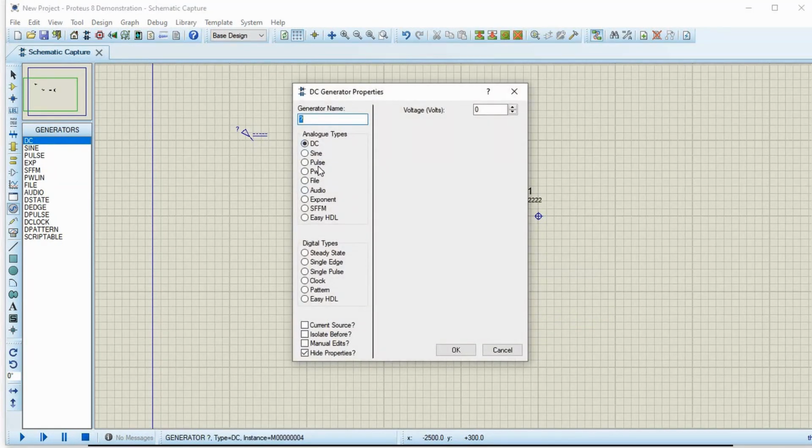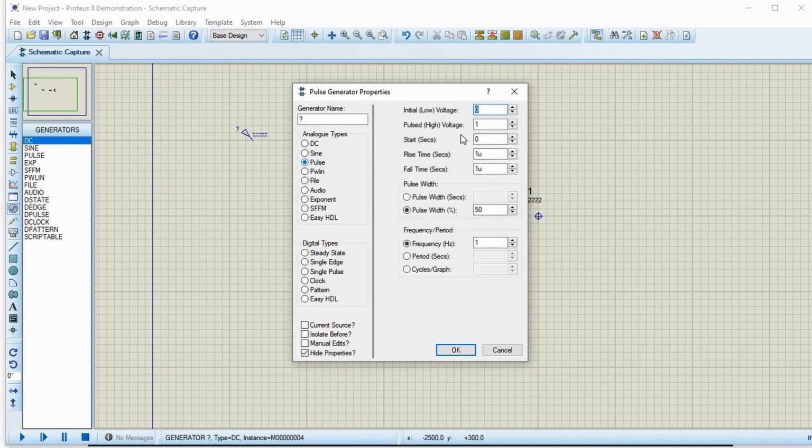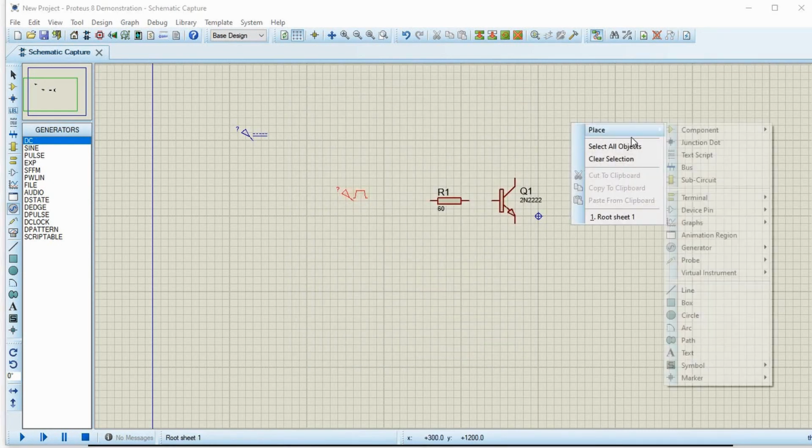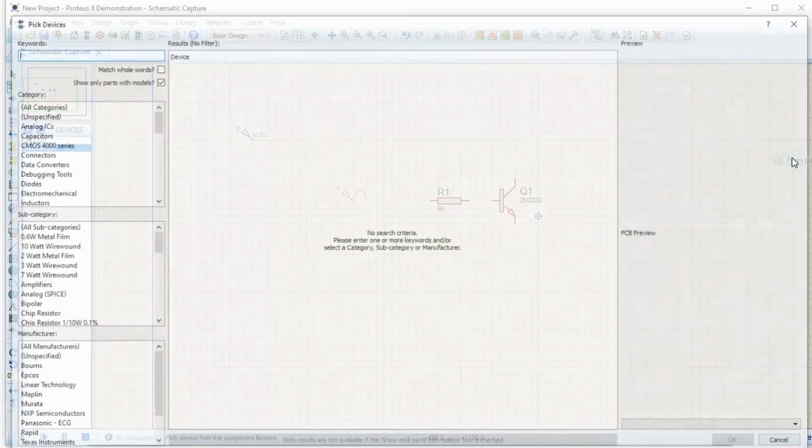I'll use a pulse, high to 5, start second is 0, rise time, fall time. Frequency, let me make it 0.5 so that it will be 1 second on, 1 second off, 50% duty cycle. Let me see if we can find a bulb here.